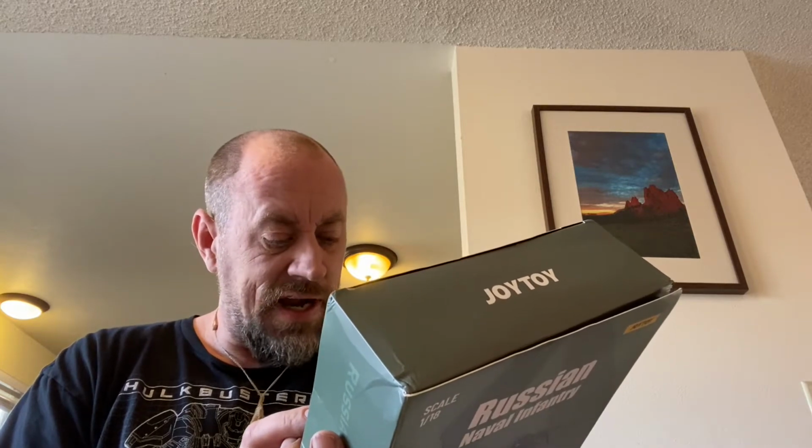Keep away from fire. Handle with care. There's important instructions in the box. Please keep it in reserve. So just the usual stuff